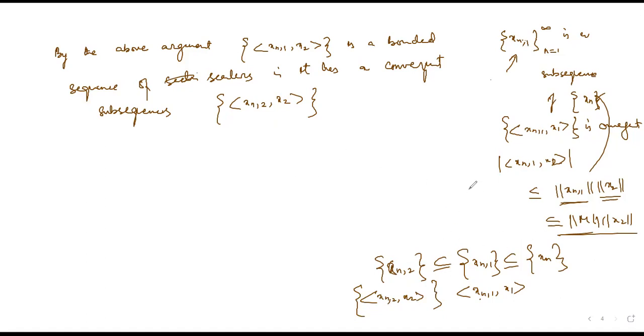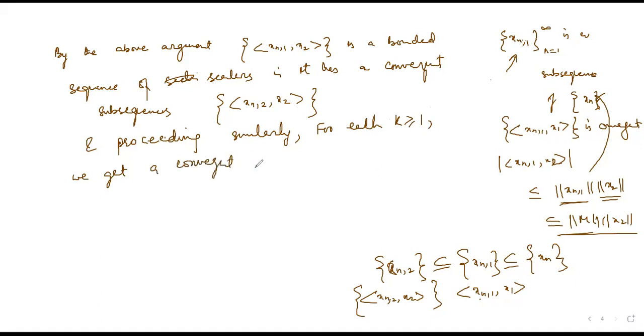ओके, तो ये अगर तुम दिमाग में ठीक से बिठा लो और इसको बाद में फिर से देख लो तो, and we go on and on. अब मैं इस xn को x3 से लूंगा, राइट, तो दैट वुड आल्सो बी अ बाउंडेड सीक्वेंस, देन आई टेक अ कन्वर्जेंट सबसीक्वेंस, इसका नाम मैं रखूंगा xn3, x3. So proceeding similarly, यही करते करते for each k greater than or equal to 1, we get a convergent sequence,